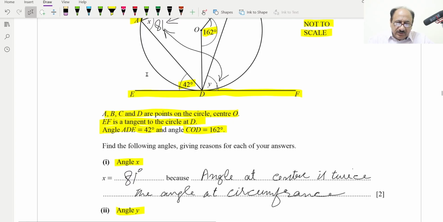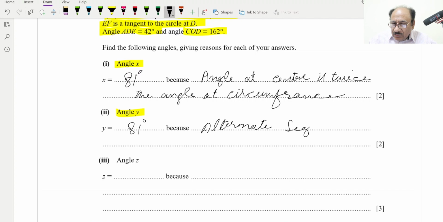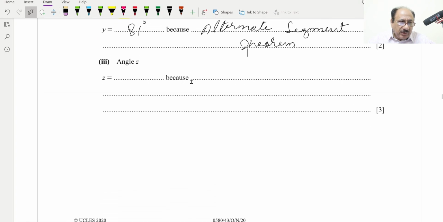This will be the alternate segment theorem. So this will also be 81 degrees, and we will write alternate segment theorem. Hopefully you are able to read my handwriting also. So angle